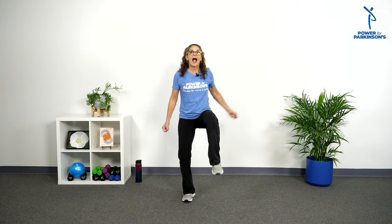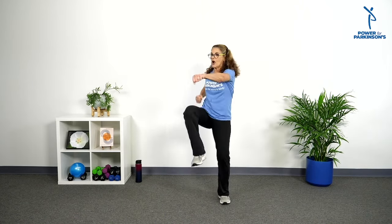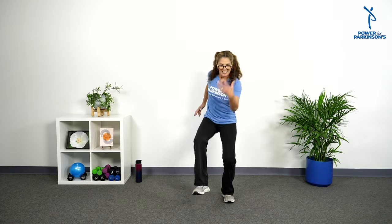Cross it, cross, cross, back, back, heel, heel, heel. 2 more times. 2 knees, 2 knees. Cross, cross, cross, cross, heel. Last time. 2 knees, 2 knees. Cross, cross, cross, back, heel, heel, step out, out, cross, out, back, out, sit down, stand up, other side,